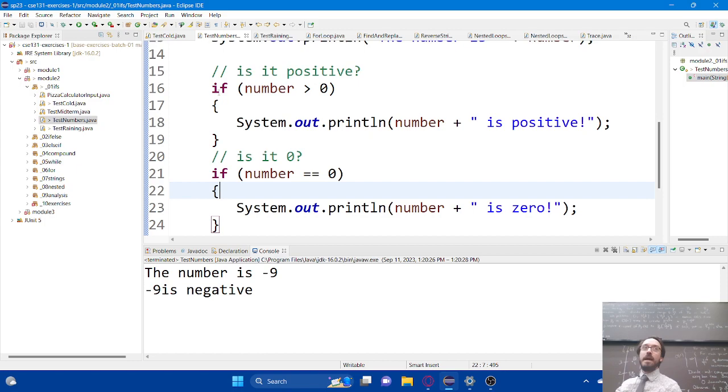That's how to evaluate it. Start at the top and just keep going until you find one that's true. Eventually you'll hit the else at the bottom. If there is no else at the bottom, then you don't have to do anything. You can just skip the entire if statement and not do any of the options that are present. That's the other application. But you'll never do more than one option.